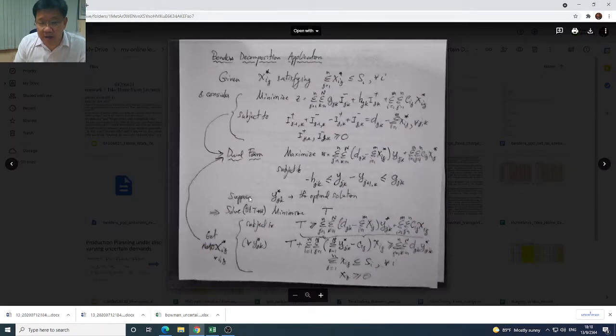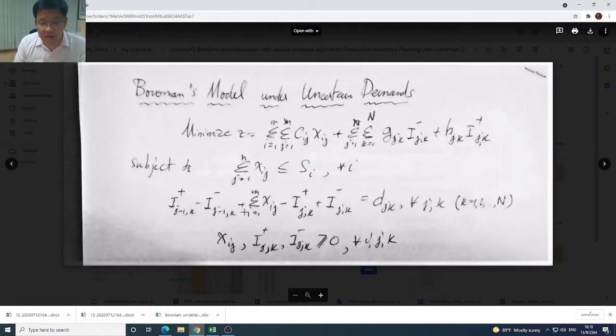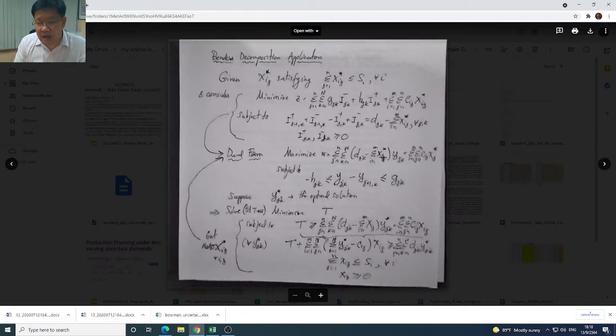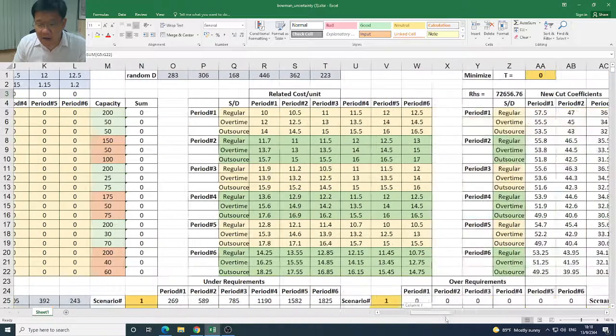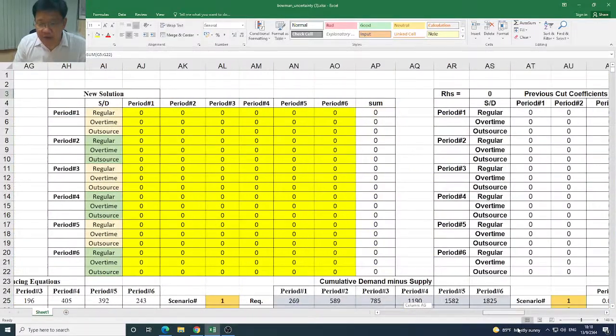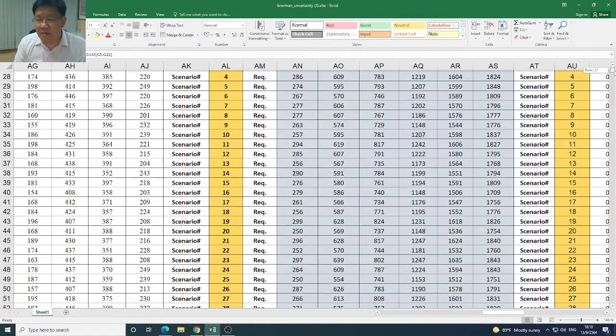But when you apply this to Bowman uncertainty, your x j becomes, let's look at the original. Instead of x j, you have the summation i equals 1 to n of x i j. Instead of x1, x2 and so on, that's why the coefficient down here is changing to d sub jk minus the summation here. And this is what we did with